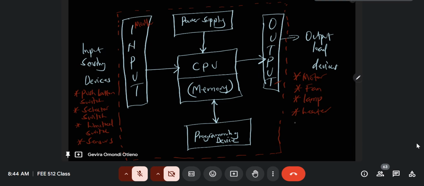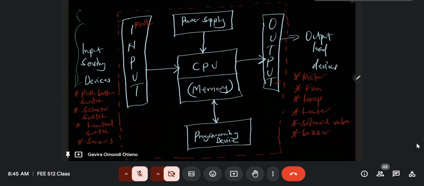You can have things like a solenoid valve, so that maybe it opens and closes. You need things like a buzzer, so many output devices. Now, ladies and gentlemen, please note, especially if you're reading the book I gave you on programmable logic controllers by Petruzella, it's very specific that these input sensing devices